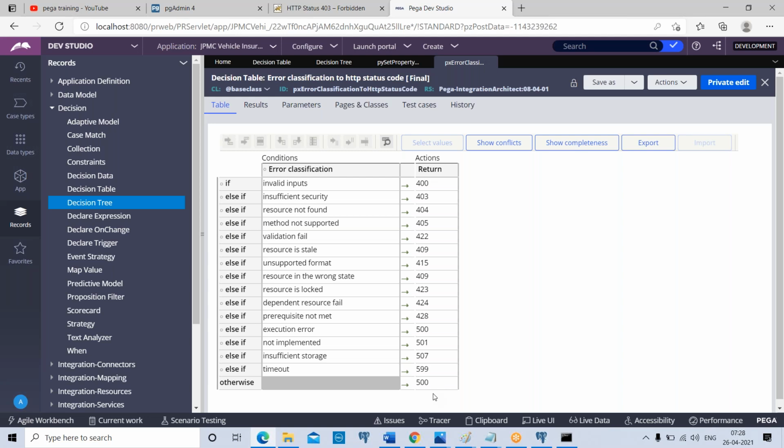Where we call it, I will tell you. So when none of the conditions are satisfied in either rule, the return value at otherwise is executed and returned. Everyone clear with this point?